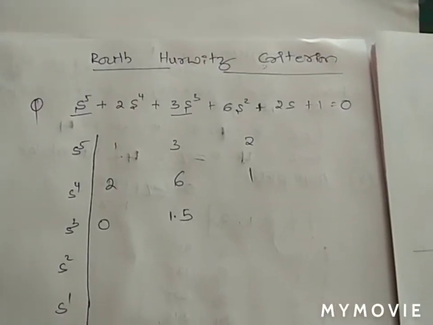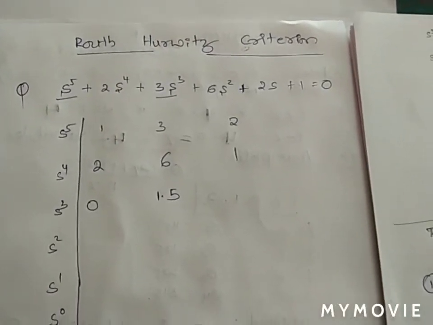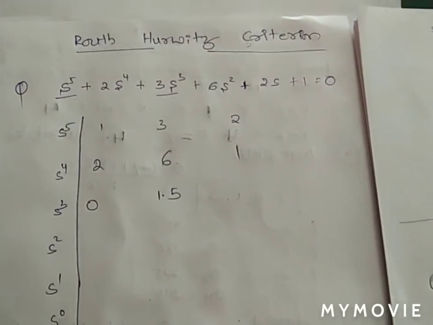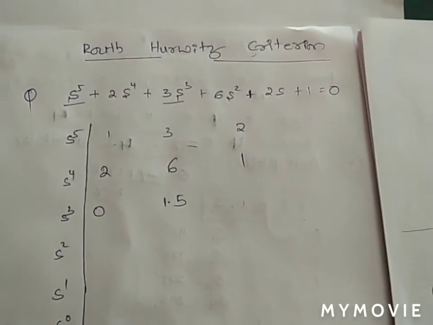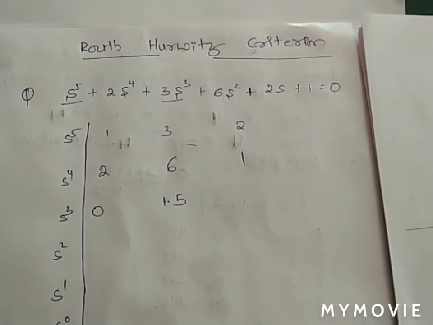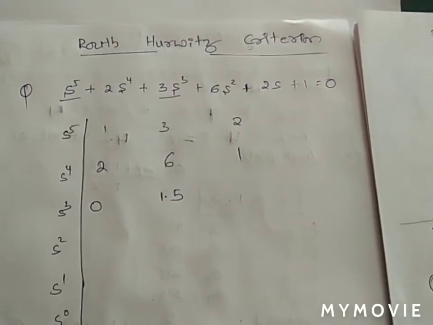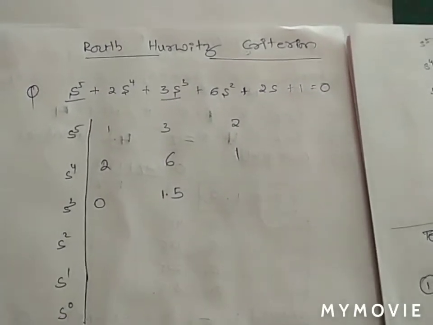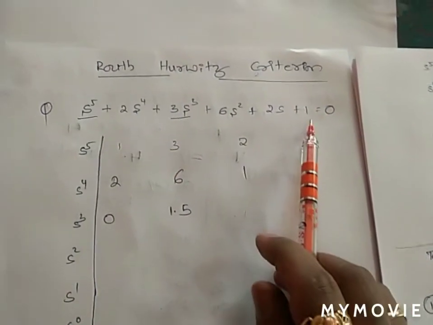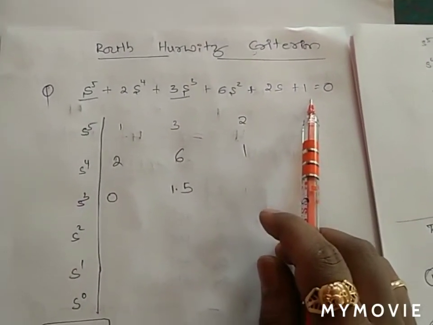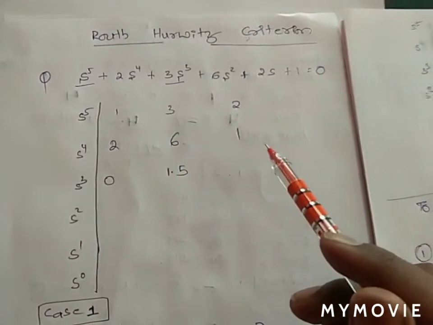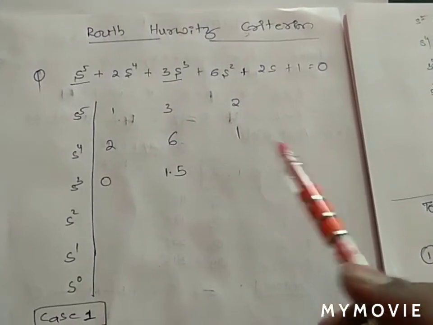Students, so this is another chapter, Routh-Hurwitz criterion. We already learned this in root locus problems, that is in the intersection with imaginary axis step. At the time we formed the Routh table, so the same method we are applying here. In the Routh-Hurwitz criterion, we have one characteristic equation. In this we have two cases. In this problem we are going to study case 1, right?